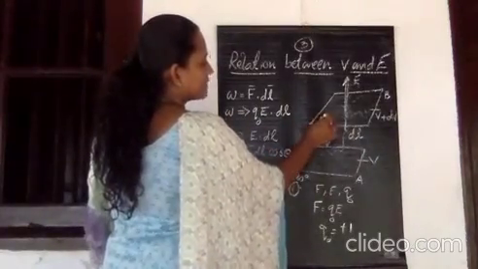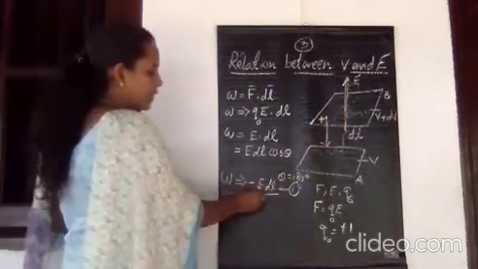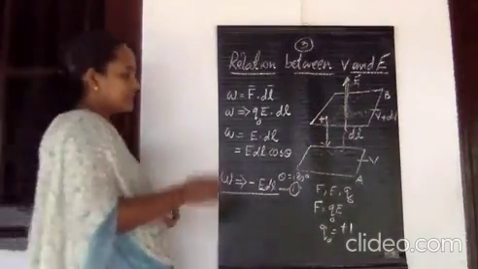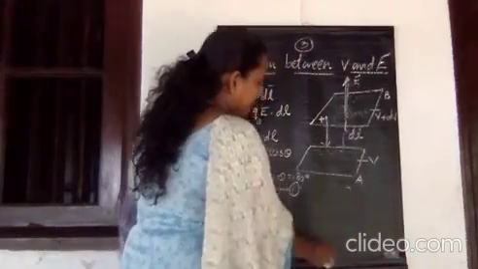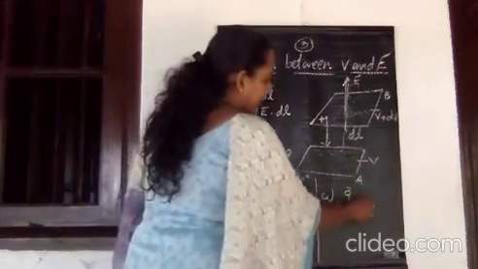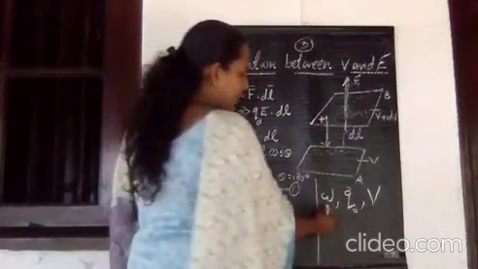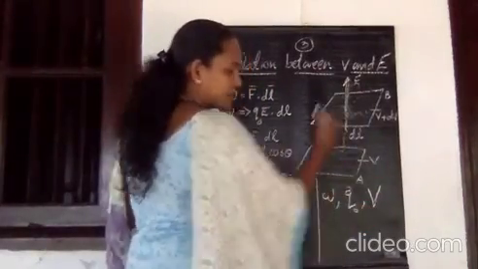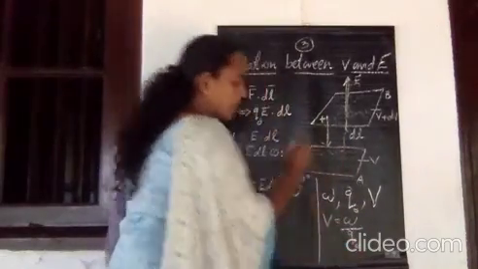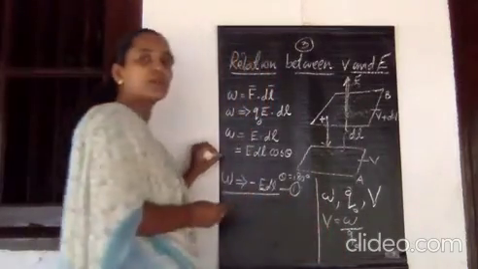So one expression for the work done to move a charge from the equipotential surface B to the equipotential surface A is W is equal to minus E dl itself. But we know that there is another relation connecting the work done, the charge which is moving, and the potential difference between 2 points. What was the expression? V is equal to W by Q, or W by Q0. Or otherwise, W is equal to V Q0, where V is the potential difference between 2 points.